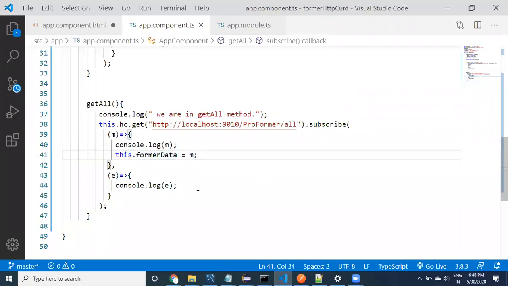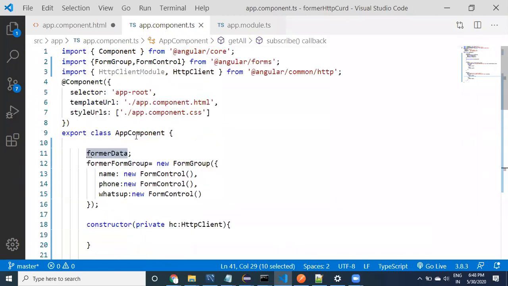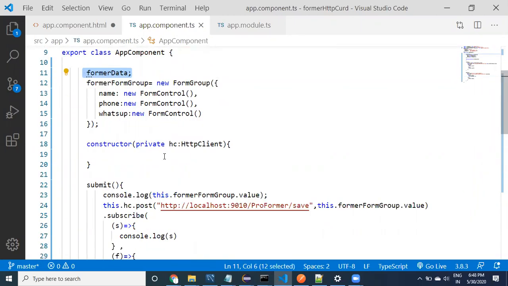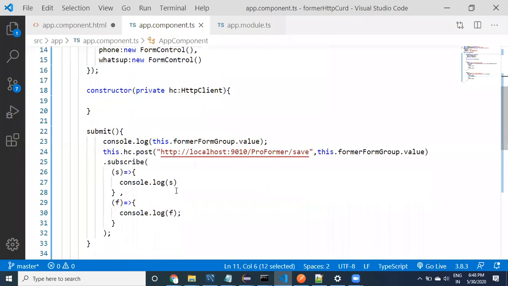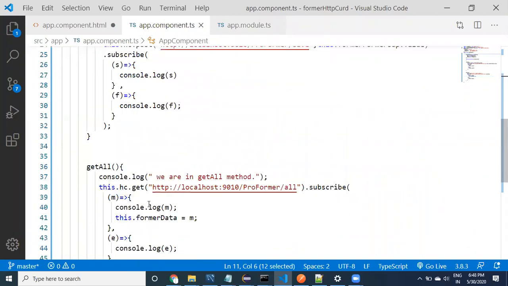Now if the data is available in the farmer data property, this is the property. Whatever response we are going to get, when we get all, the response comes to this particular method. This can be called a local variable. This is available only in this method.